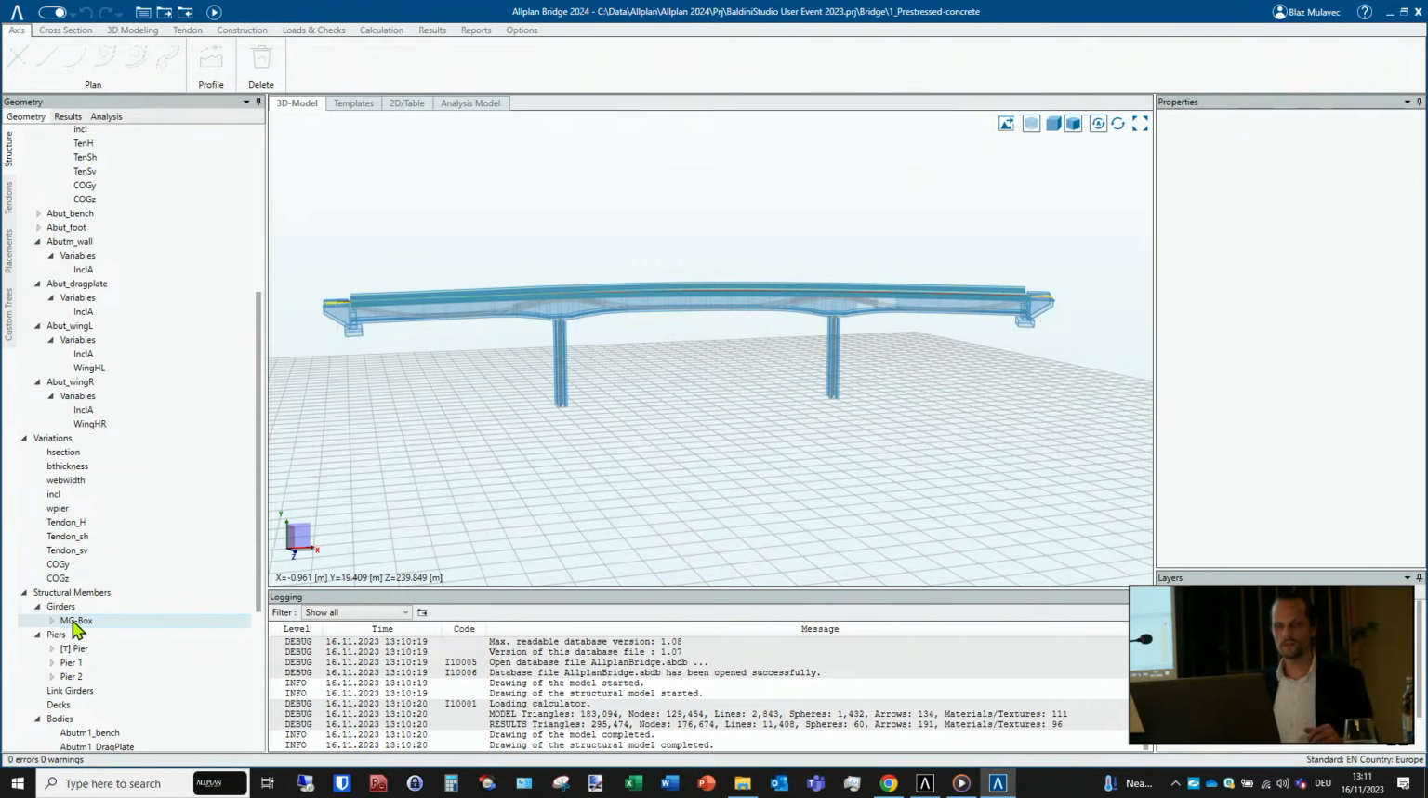As you might already know, Allplan Bridge is parametrical software, meaning that you can change any defined parameter anytime during the planning, in any phase of the planning, and you simply press the play or recalculate button, and the entire model will be newly recalculated, the new geometry will appear, and of course in the analysis new results and so